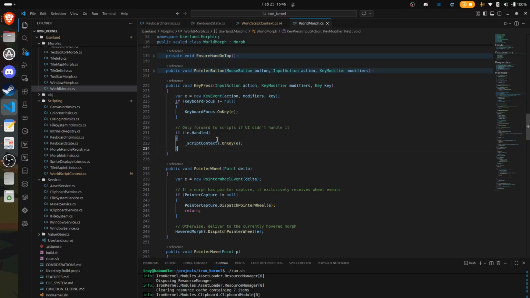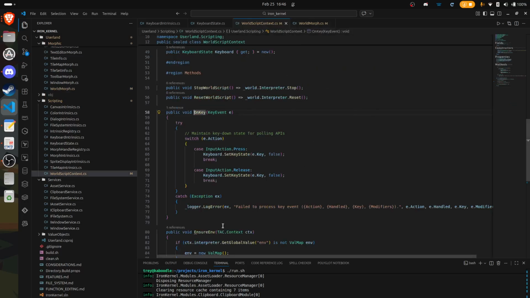The reason I was doing that was so that if we're focusing on a text editor and we're typing there, we don't want a script also responding to that key. But maybe that's okay. Let's try it and see how it feels. I'm going to throw every key event over to the script context,